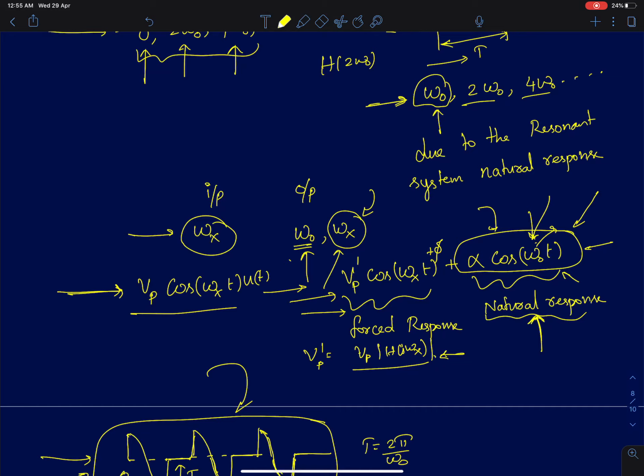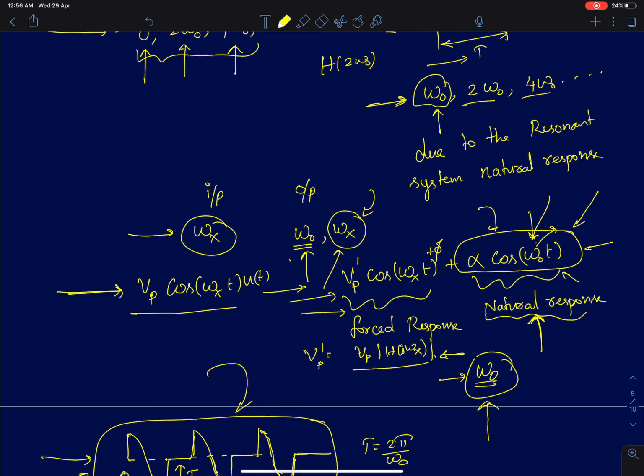And again, it's a bounded input, bounded output. The outputs are bounded, but by going by the strict definition of a bounded input, bounded output system, the system can be called a stable system for this input. But for specific inputs, when your input happens to be omega naught itself, the system becomes an unstable system. So again, this will be a marginally stable system. For some systems, for some inputs, the system behaves as an unstable system. The output just grows unbounded. And that is obvious from frequency response because the gain of the system is infinity, and even from the analysis that we did so far.